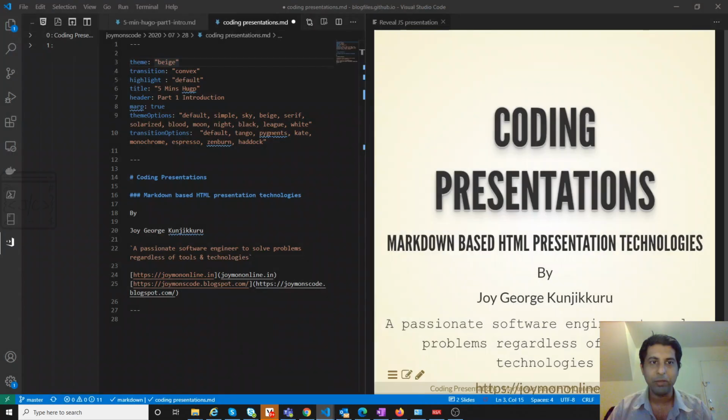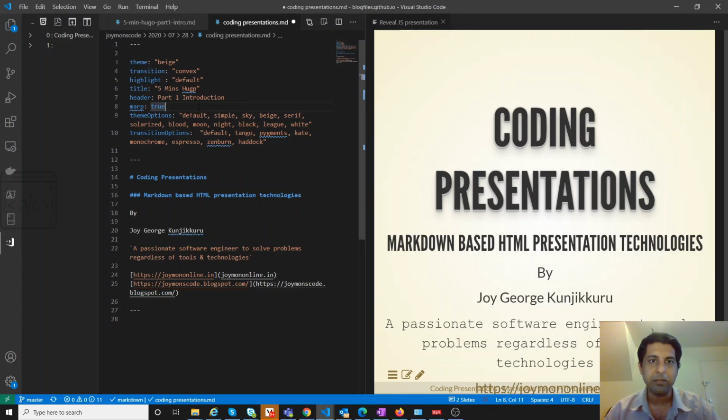I am using Visual Studio Code for coding the presentations. At least one thing many developers now agree on is an editor they can use for coding, and that is Visual Studio Code. First thing, we'll be setting up the environment. There is no separate slide for setting up the environment. Let me quickly show that.